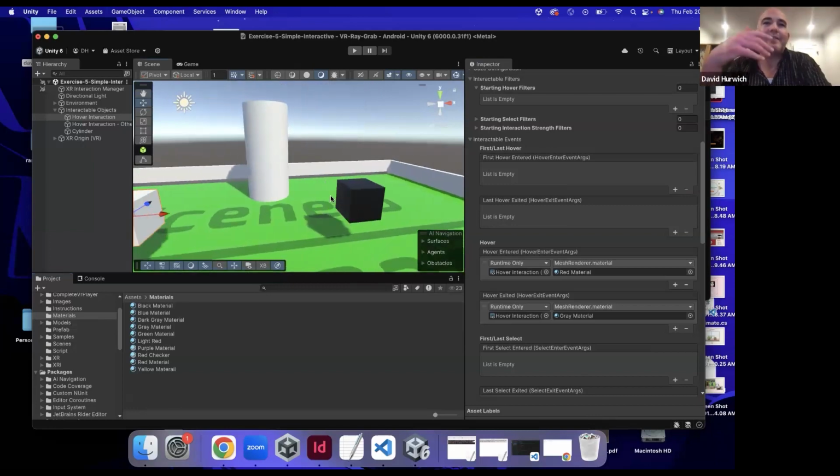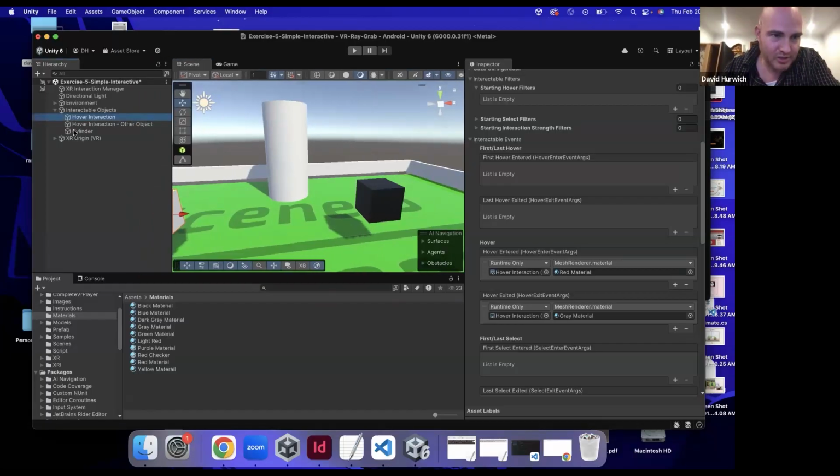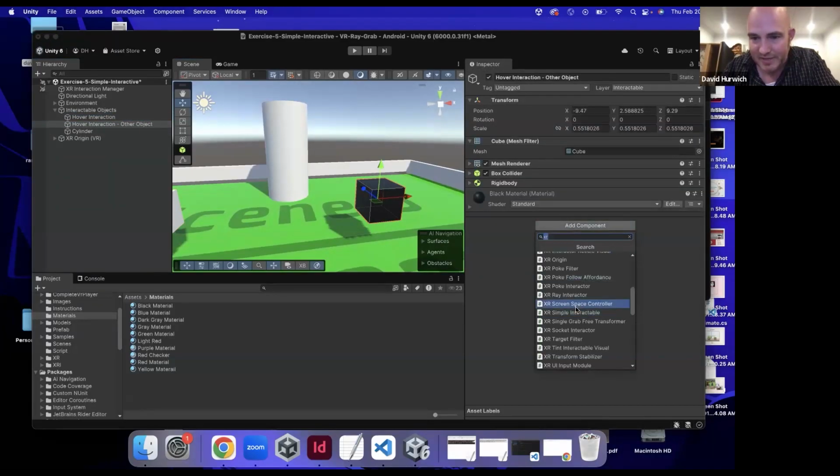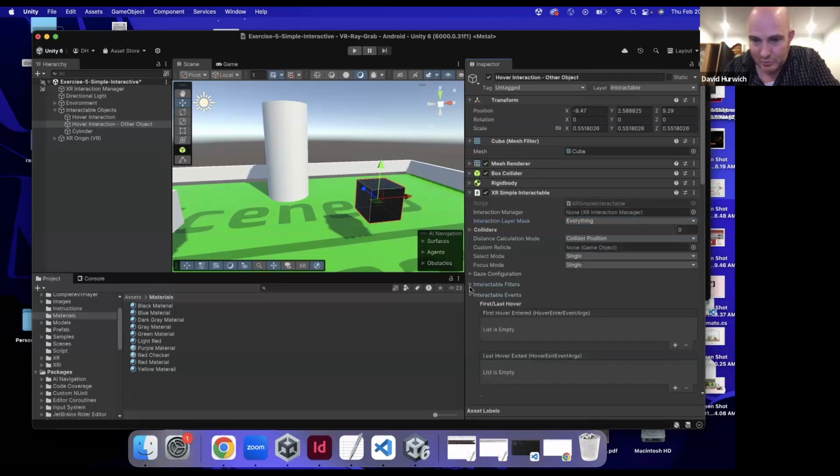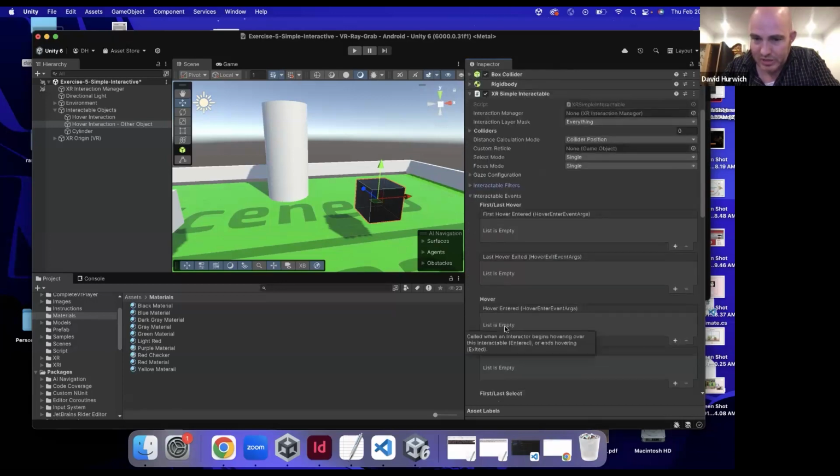Now, like I said, you don't even have to affect that object. I could use the hover effect to affect a completely different object. So here I have this black cube called hover interaction other object. And I'm going to do the same thing. I'm going to add that simple ray interactor, and we're going to make sure that's set to everything so that both any kind of either a ray interactor or other object can affect it. And I'm going to go back to interactables, and I'm going to go under hover, and we're going to click plus,